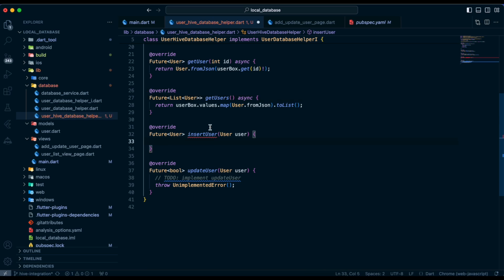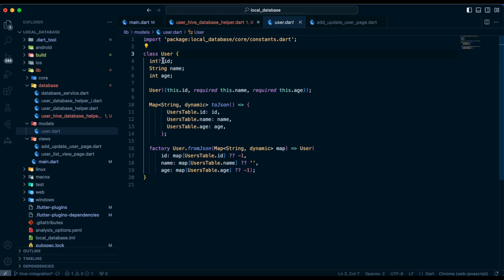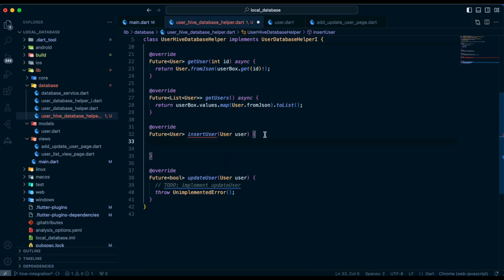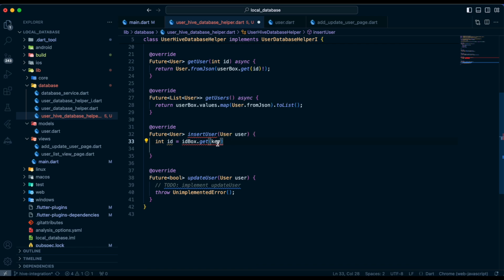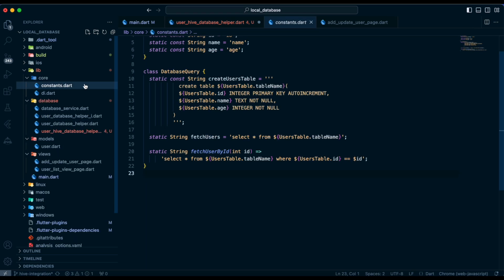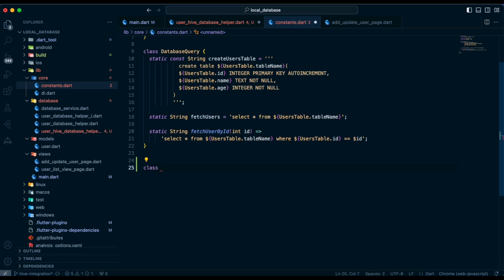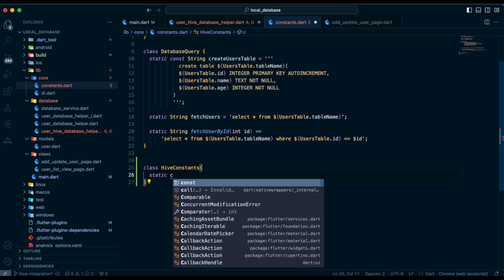For insert user, first of all we need an id, because when we add a user we don't provide a user id, as this will be null, so we have to manage it ourselves. For that we have created the id box, so we're gonna get the id from the id box, so integer id, idBox.get, and here we need a key, and instead of hard coding the key here, we can make a constant value. So let's go there and create a new class HiveConstants, and here we're gonna have a string constant